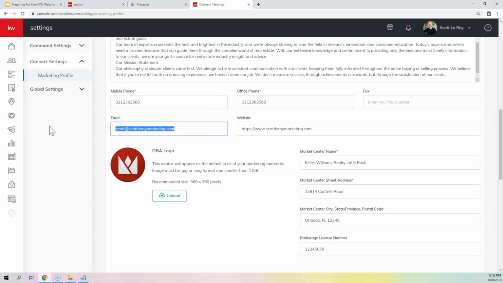Email, funnily enough, is optional as well. We recommend putting your email in there, but it is optional. And then for a website here, it wants the full HTTPS, colon, and everything that goes with the website address. So if you've bought your custom domain through GoDaddy or something, you'd need to put in that full HTTPS: